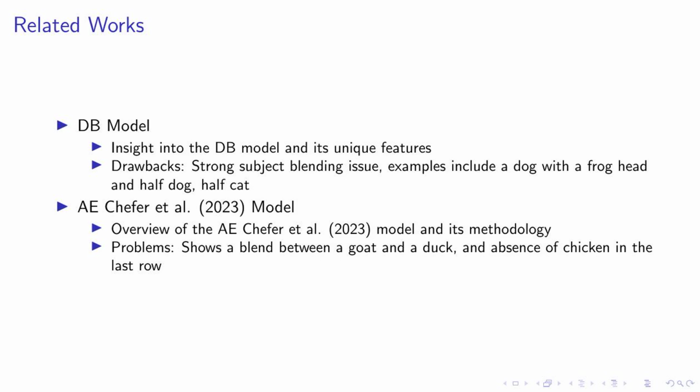Item strengths: better prevention of subject blending and enhancement of subject appearance in the scene. Item examples: successful generation of images in response to complex prompts like a chicken and a duck with a ball at the beach, and a dog, a cat, and a bear at the beach. End itemize, end a frame,